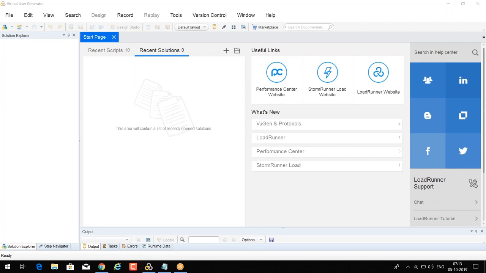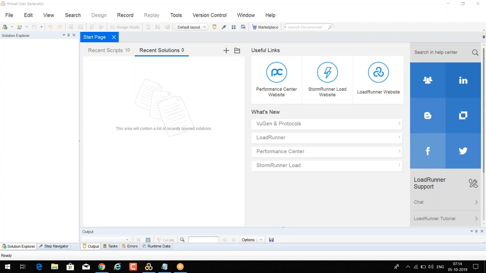True Client, we can say, is a browser-based virtual user generator that supports web, mobile, native web, and modern JavaScript-based applications. Why are we going to record with the True Client protocol, and why not with web protocols?